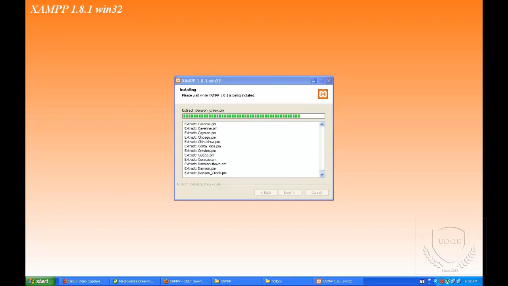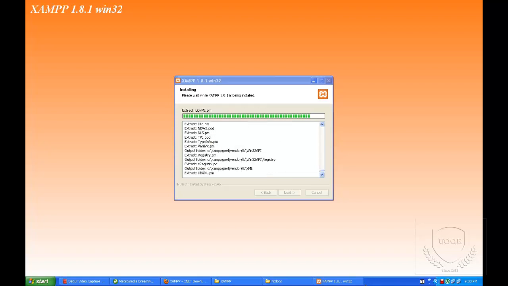Sometimes most people may face this problem, and they don't understand why they are not able to start the XAMPP server. The reason is that if you log into your Skype, Skype will occupy port 80. If the port is not empty, XAMPP is not going to start. So if you want to start XAMPP, you have to log out of Skype and start XAMPP. After starting XAMPP, you can log into your Skype. This is one piece of advice.